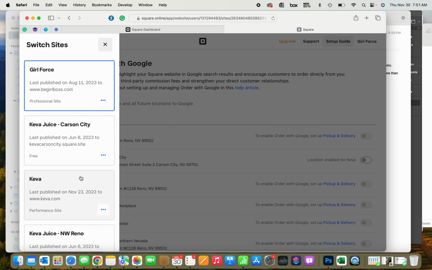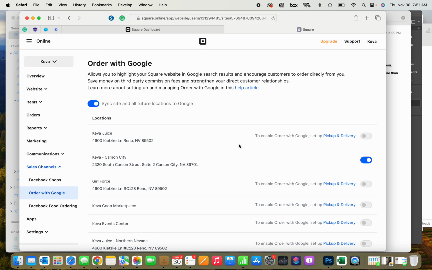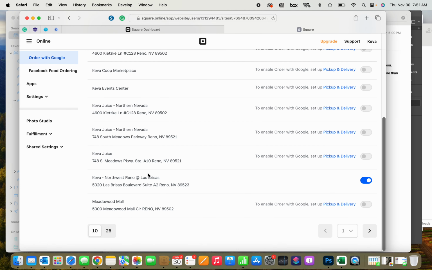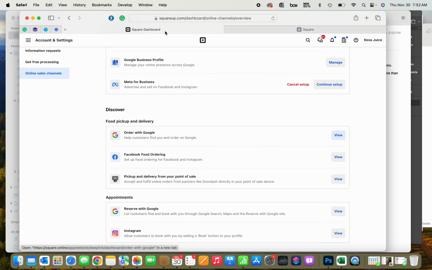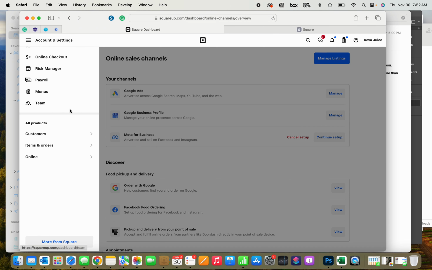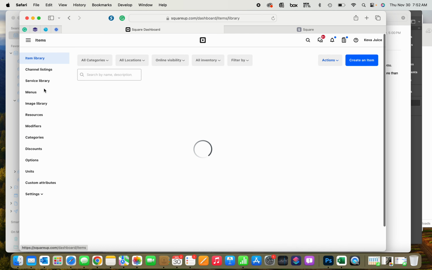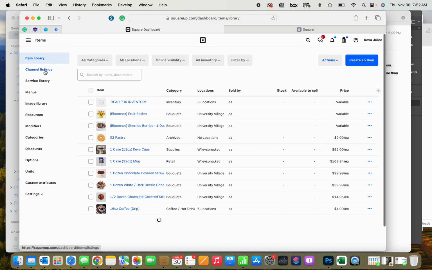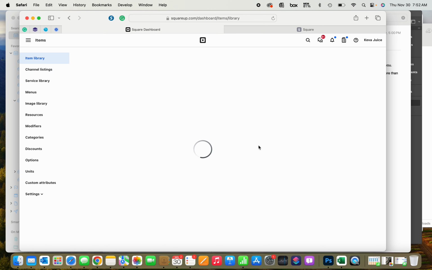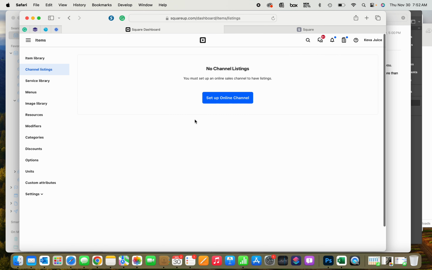So this is Kiva Juice. We're going to go to Kiva Juice, which is on the Weebly end, and you can see that all of the locations are synced. Once all of those items are done, you're supposed to be able to go into your items page right here, and then under channel listings, and this is what is supposed to allow you to, from my understanding of the documentation, list your items,